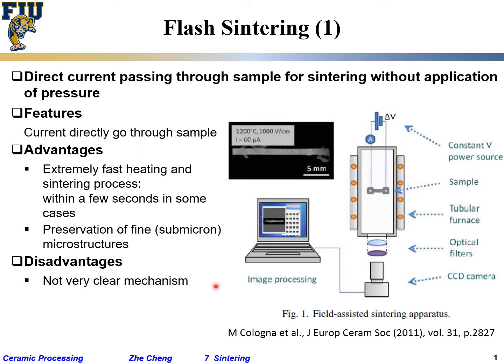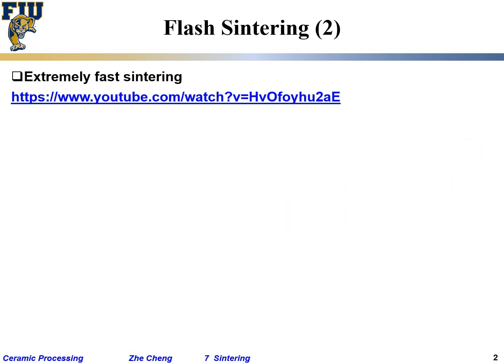Not a very clear mechanism, at least for different materials. People are still debating them. We have some understanding, but not a completely clear understanding of the mechanism. And there is limited sample choice and sample geometry and dimension. For example, dog bone shaped sample. Once you have this dog bone shaped sample, where can you use it? Very limited use, if at all. And dimension, you can imagine it's difficult to do this over a large sample size. Okay. But anyway, flash sintering is